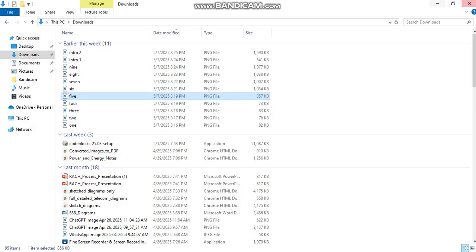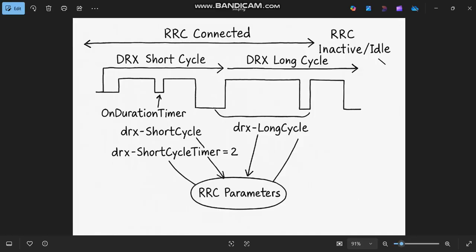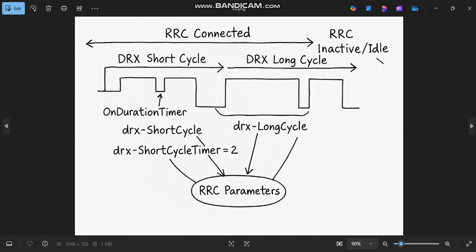So for that, in the RRC connected mode, we can combine the DRX short cycle and DRX long cycle. By combining both these, we will not have to give up the latency, and we will not have to give up the power or energy efficiency. For example, how that is done here,